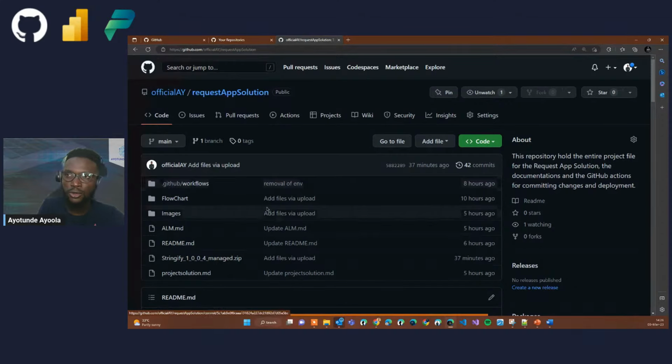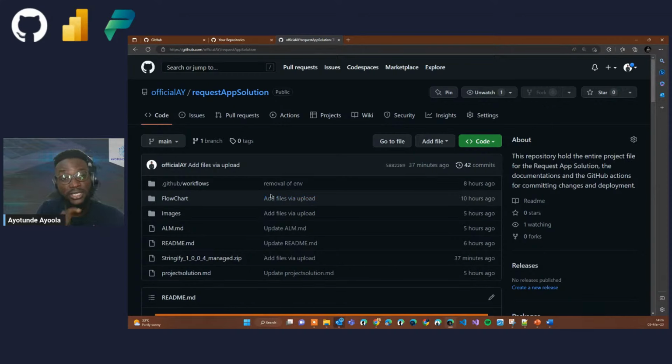So you see what I've done. What I've done here is, after creating my repository, I created my README file. A README file is like your Word document, where you can put step by step things in your solution. In your Word document, you type all of those things, right? Now, in a README file,